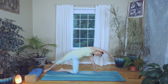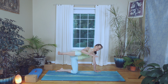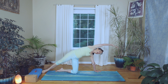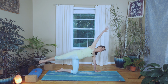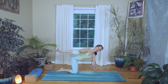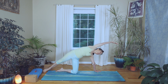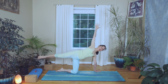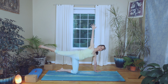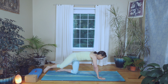And then we'll do 3 where we're touching our elbow to our knee. So lift up, bring your elbow to your knee, come back to your half moon shape, and lower down. 2 more times. Lift up, elbow to knee, reach your arm up and your leg back, and stretch, and come on back up, elbow to knee, back to your half moon, stretch, lower your hand down,